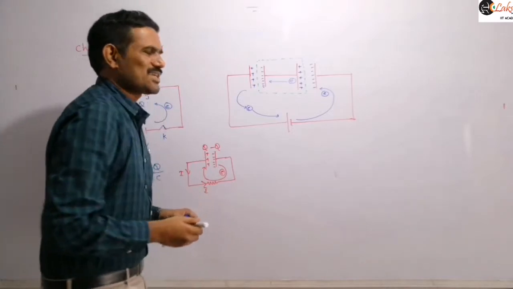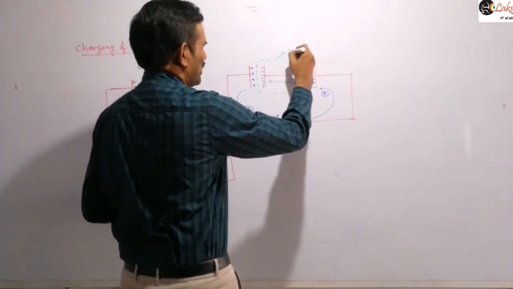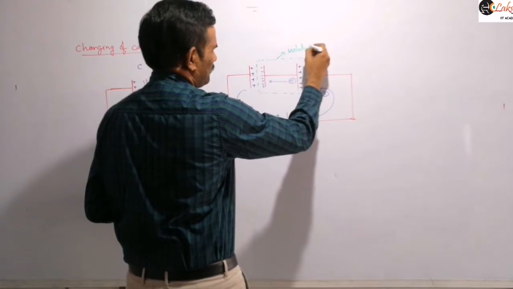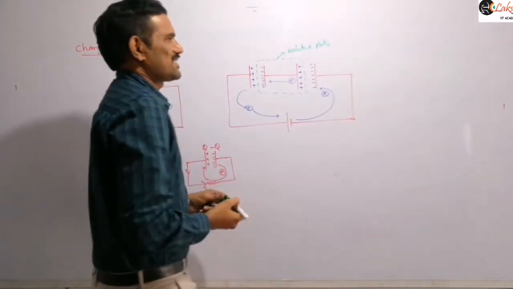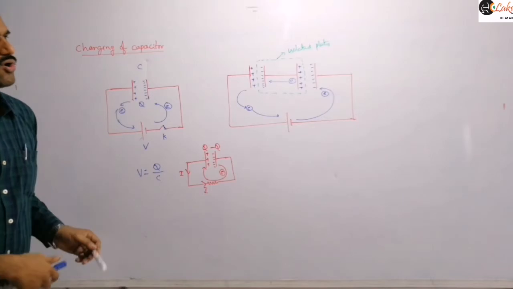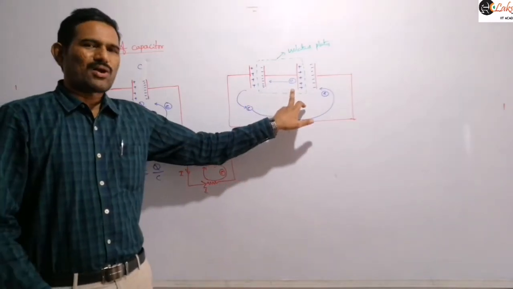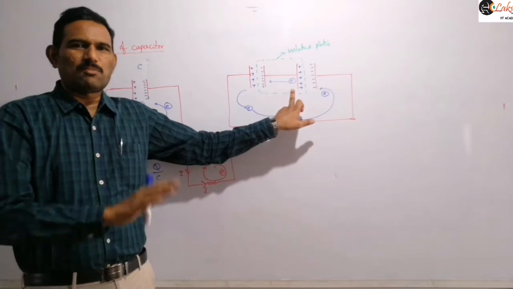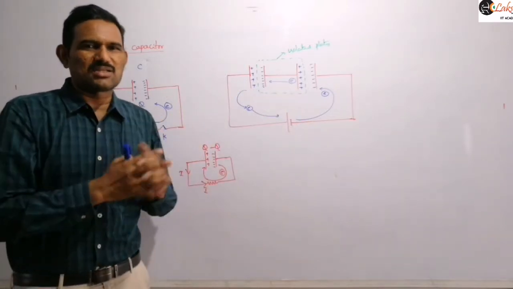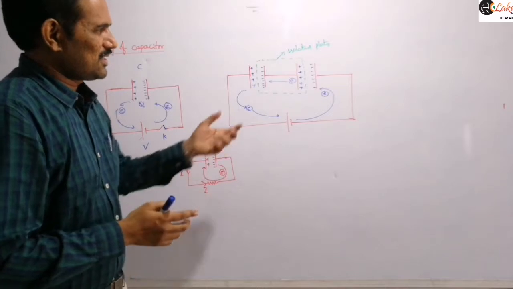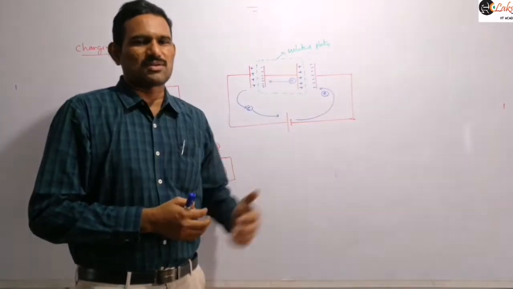So now the net charge on these isolated plates is always 0. Those are isolated plates, right? The net charge on the isolated plates is always 0 because these two plates together are not getting any excess charge from any part of the circuit. Only those two plates are exchanging the charges between them, and so the net charge of these two plates will be 0. That is one of the properties which we will discuss later.